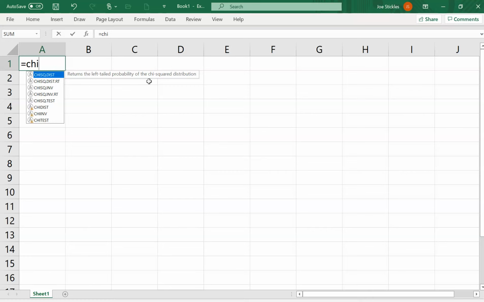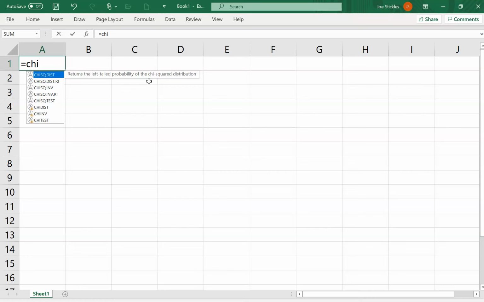What we want is either the chi-squared inverse or the chi-squared inverse right tail. We want a probability, and we want it to spit back... No, I'm sorry, we don't want that one. We want the first one. Remember, the second one is we give it a probability, and it will spit back what we'll call a critical value. It'll tell you the number that corresponds to having that probability being less than or greater than, depending if you're doing left tail or right tail.